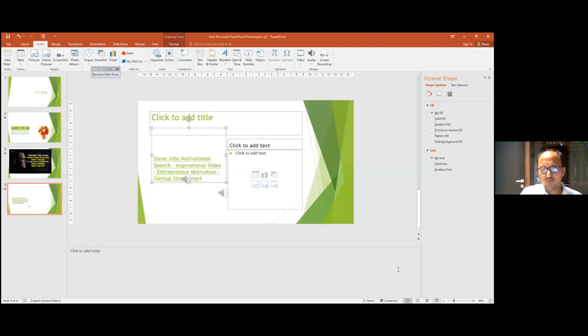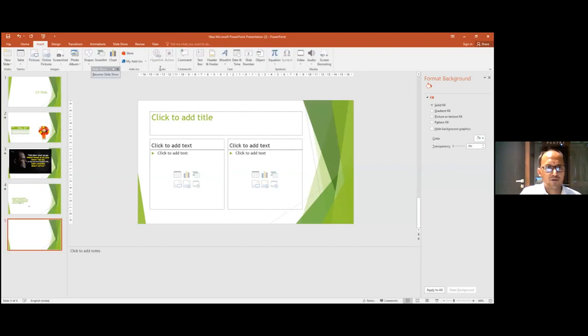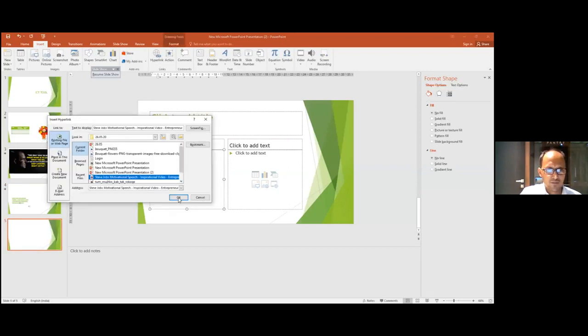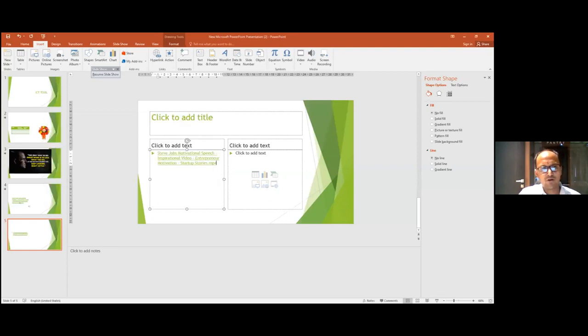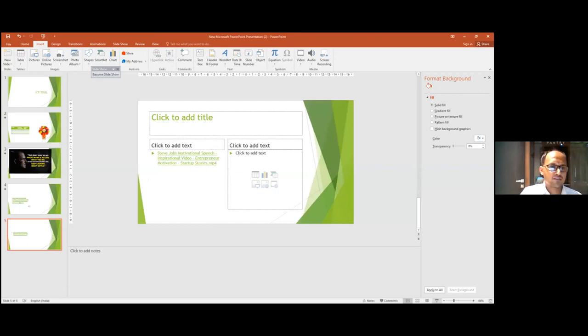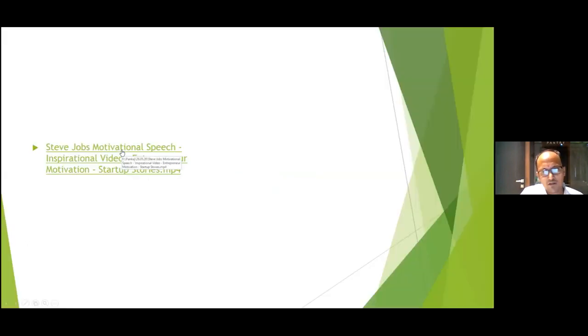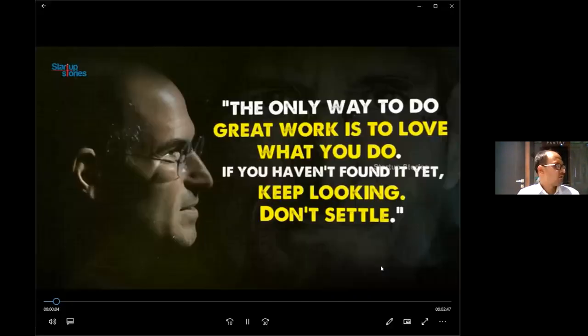So you can just put on that hyperlink. Sorry, I'll put it on the next slide, as the earlier slide had previous data. This is where you can put a video in your PowerPoint presentation. When we go for full screen, you can just click on this hyperlink. The hyperlink will bring that video from your computer to play with the help of a different player. So this is how the video will be played.